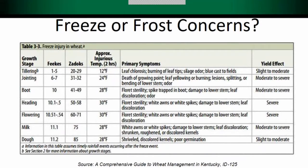So this is a good publication from the University of Kentucky that explains at what temperatures actually cause a yield loss. So remember I was saying that a lot of our wheat is at this tillering stage right now. Some of the late planted wheat is actually tillering. So it can withstand 12 degrees for 2 hours. So I've got another graph that we'll show here in just a minute that's a lot more fluid. These numbers aren't set in stone. So between tillering and jointing, I know there's a lot of play there. There's several other growth stages in between there, but it gives you a good perspective of when you can start